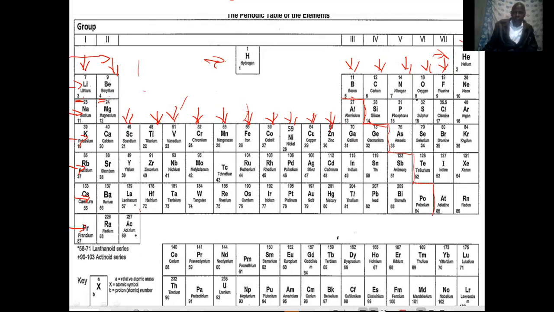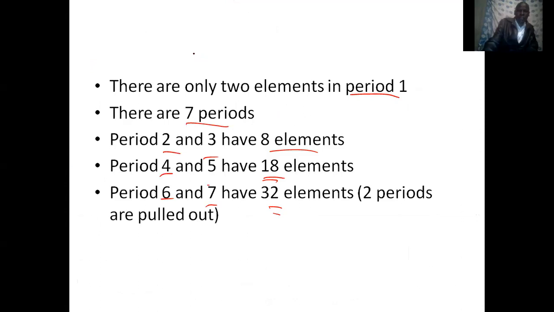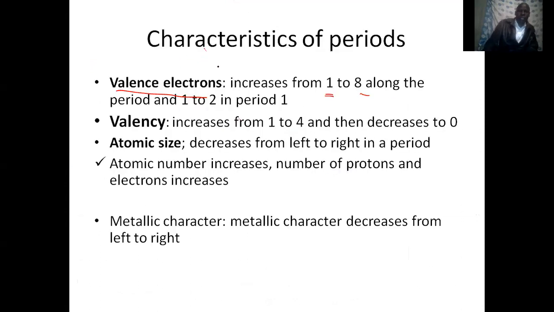Nitrogen, there will be 5. Oxygen, there will be 6. Fluorine, there will be 7, and so on. So that's what it actually means. The valence electrons are going to be increasing from 1 to 8. But for period 1, they will just increase from 1 to 2, because hydrogen has only 1 in the atom